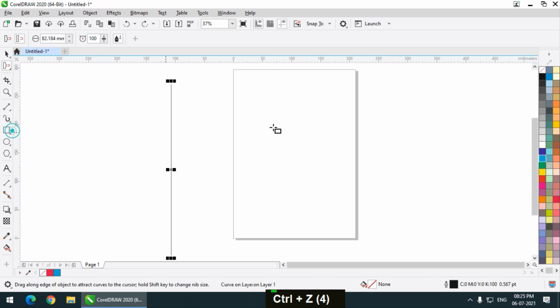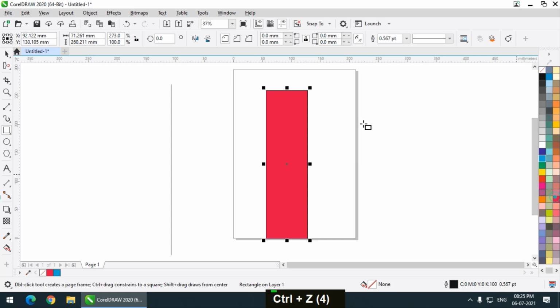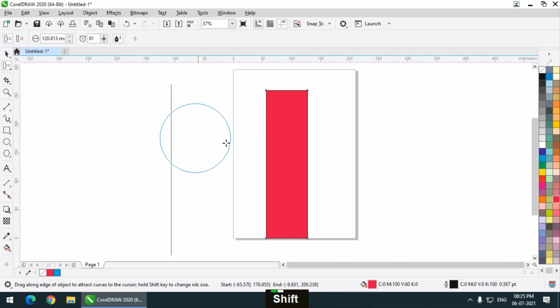We can also use it on a rectangle so that we will understand it better. So let me first use the attract tool. This is the attract tool. Again, similar properties, nib size, speed, which is called rate. Let me decrease this to 80. Attract. Again, shift and hold so that we can increase the size.